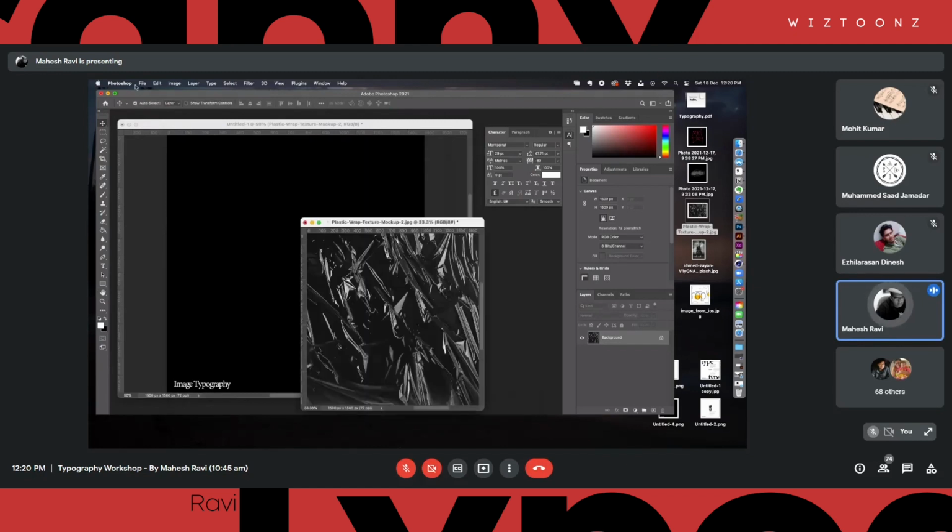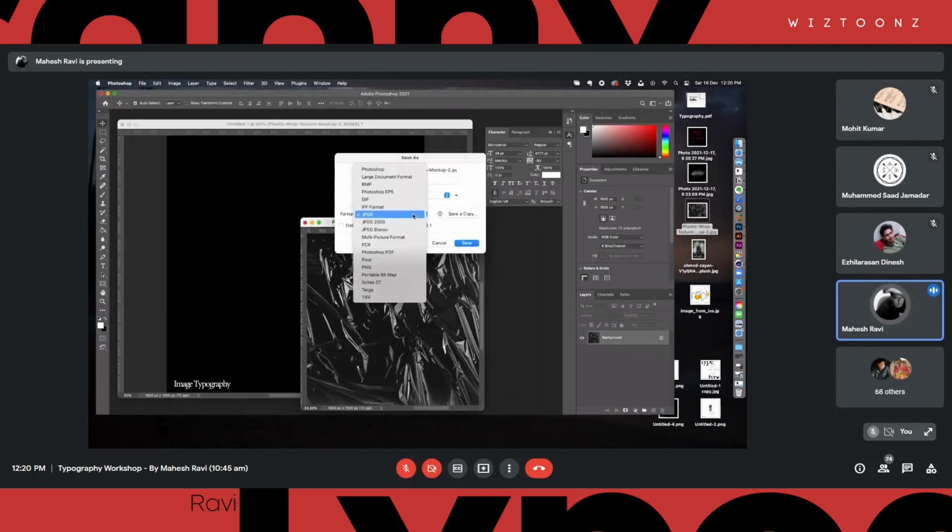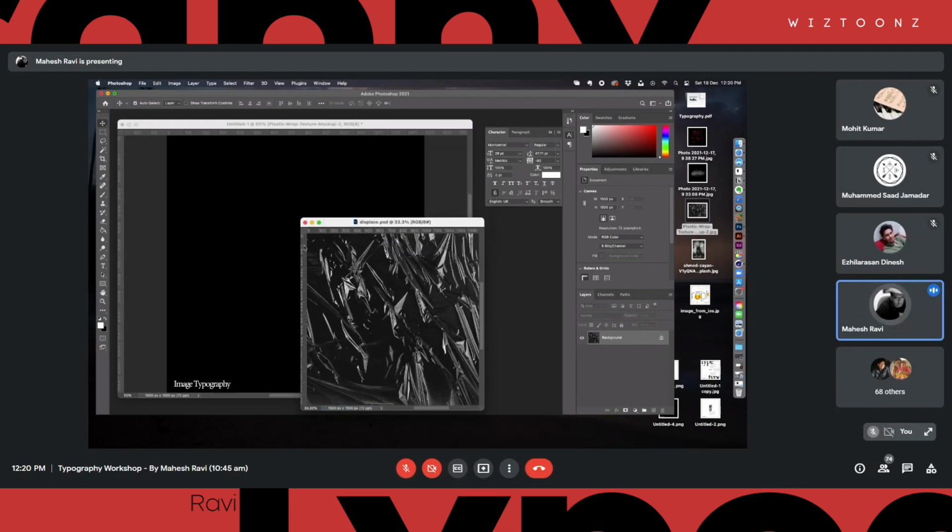And I'm going to go here and save this as a PSD file. The first option is that we're going to save it as a PSD file. I'm going to call it displace. This texture, we want to use it as a displacement map. So our first step is to save it as a PSD file and call it displace. So we saved it like that.